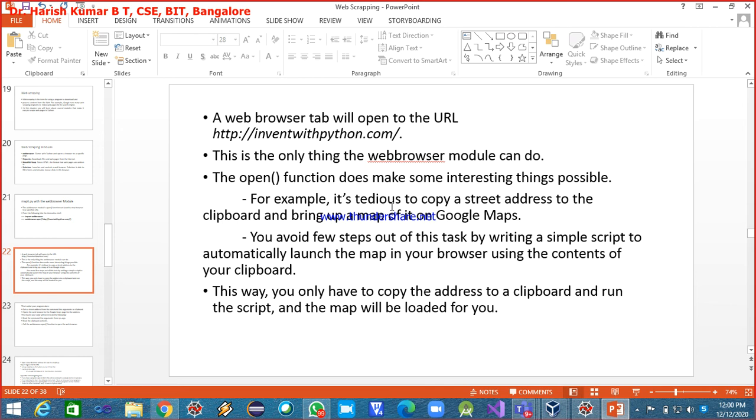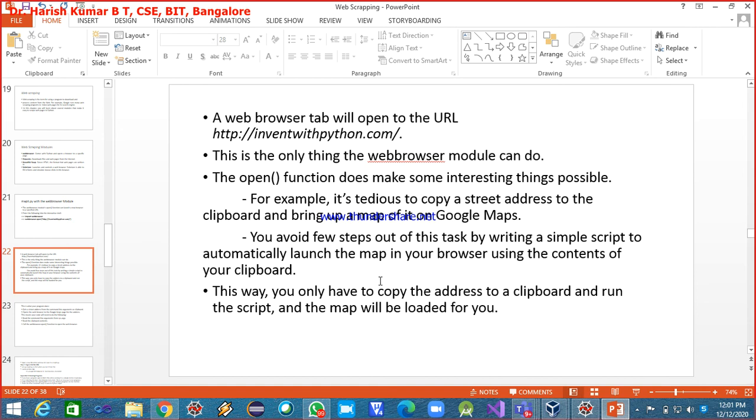After launching the browser, you have to type and open Google Maps, and after opening it, you have to paste the street address that you want to locate. Then after pasting, you have to click on locate.